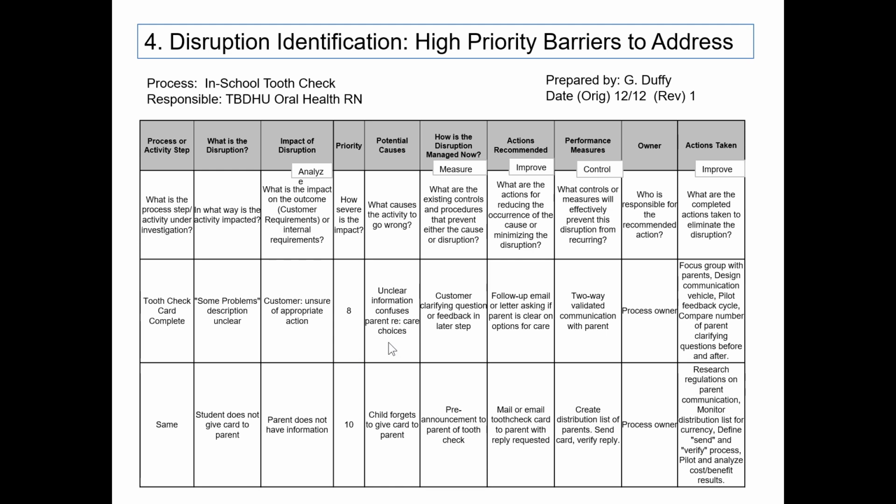What's the potential cause? Unclear information confuses the parent. How is it managed? Right now, the parent just goes back and asks or gives feedback at a later step of the process. What would be good is if the RNs would follow up with an email or a letter asking if the parent was clear on the options, especially if the parent didn't come back within a reasonable amount of time to have the student cared for. And what were the performance measures? Two-way validated communication. Who was the owner, the process owner? The RN at that point for the public health department. And then how did we take actions? We did focus groups